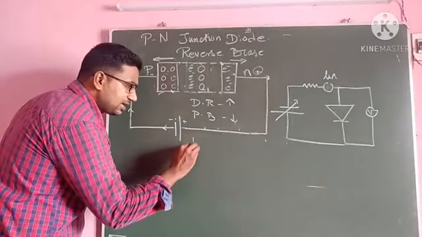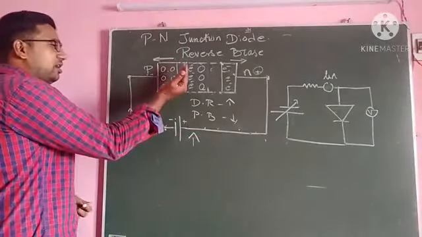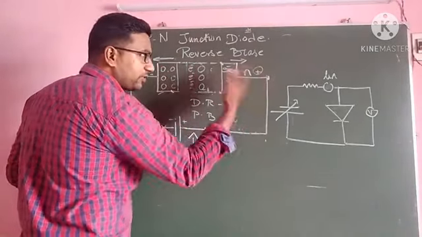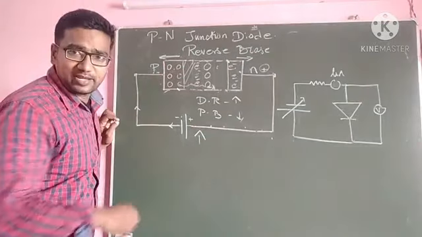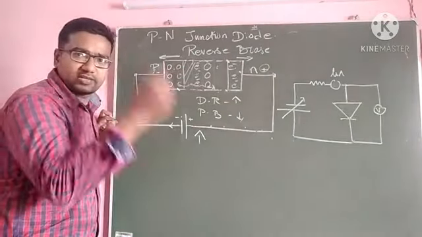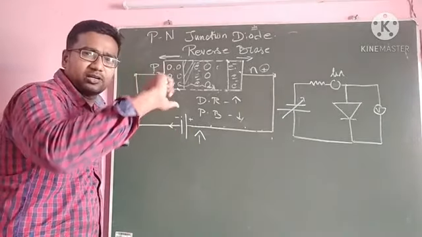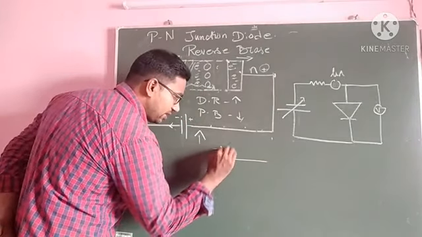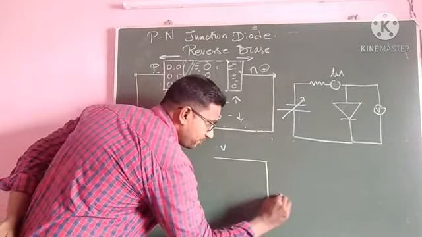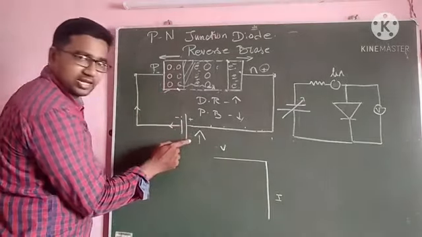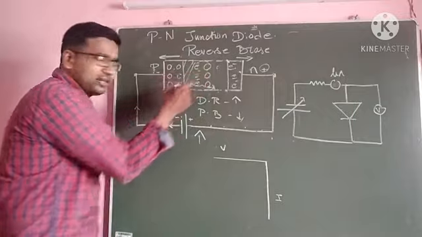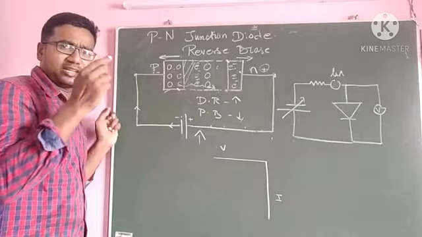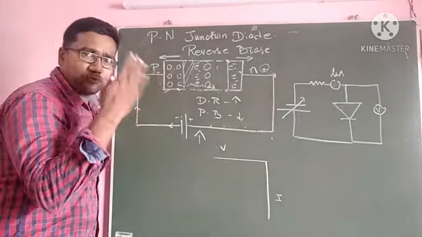If you increase the negative potential, all the holes are drifted towards the negative potential, and all the electrons are drifted towards the positive potential. In reverse bias, by plotting the graph of voltage versus current, I am going to draw the graph in the inverse direction. So voltage in the reverse direction, so minus V, and then current. If you increase the voltage in the reverse bias condition, then the depletion region gets to its maximum value, and the potential barrier gets to its minimum. So there is no flow of electrons.